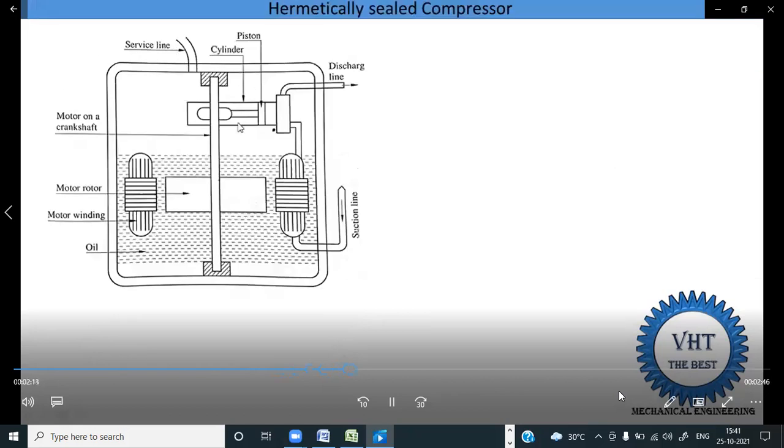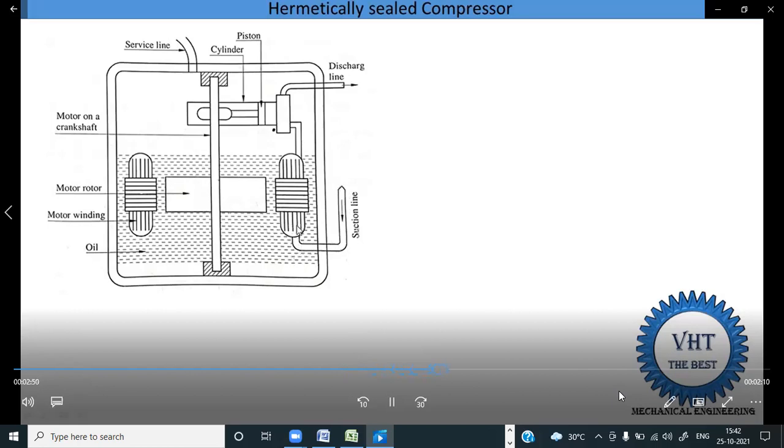Okay, so this is again the same figure. Here you can see that in the motor the copper tube winding is directly supplied. This winding is open. When this motor is in a completely sealed unit, the motor heats up. So how is this heat energy rejected? The heat removed from this motor is absorbed by these oils, so it is known as the cooling oil. As well, the refrigerant from the evaporator is coming at low pressure and in the vapor state, so it passes through the winding of this motor.